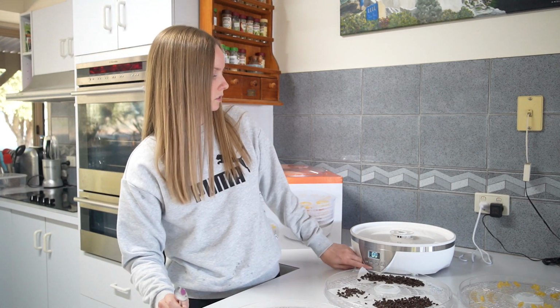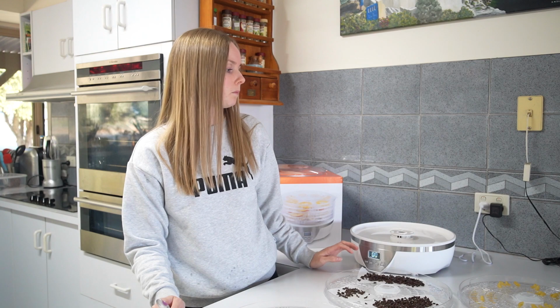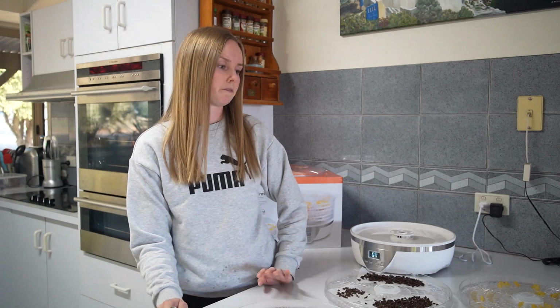It's really easy to use. It's obviously just like your 4 buttons, and you just set the hour and then temperature. Not sure that's normal temperature range, 40 to 70, but I assume they're all pretty similar, and obviously wanted it at a low heat for longer to dehydrate it and not like cook it. So yeah, I'm very happy with that, and I'm really keen to try out some more recipes and like make